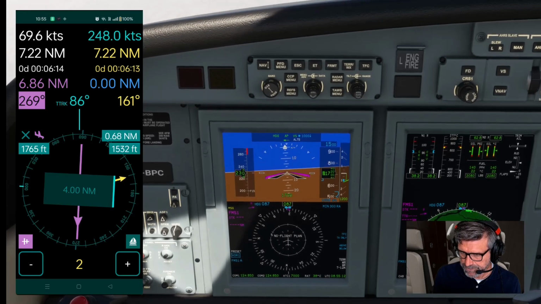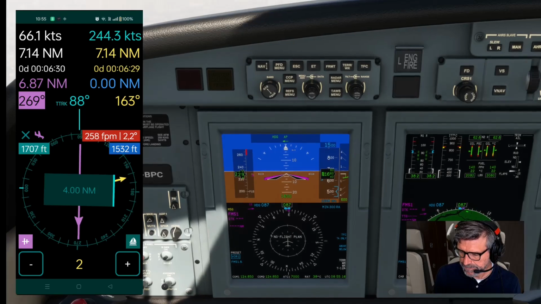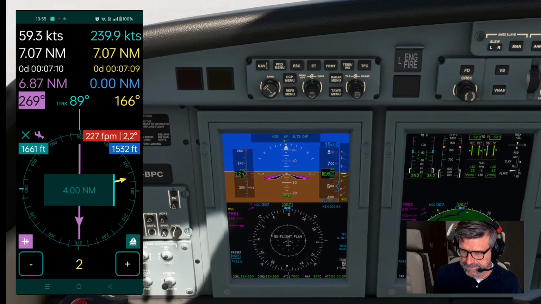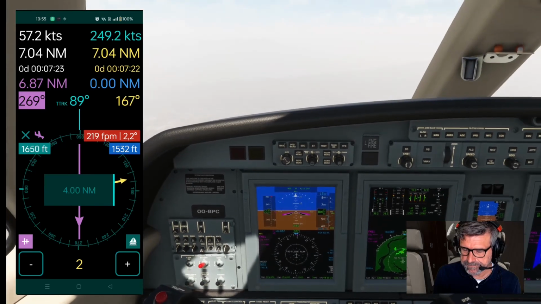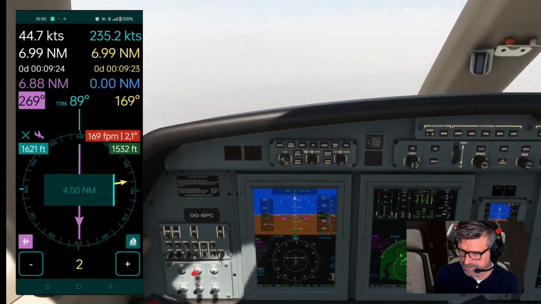No, we don't have much room. So, you see, once we're at right angles, we should be able to see the